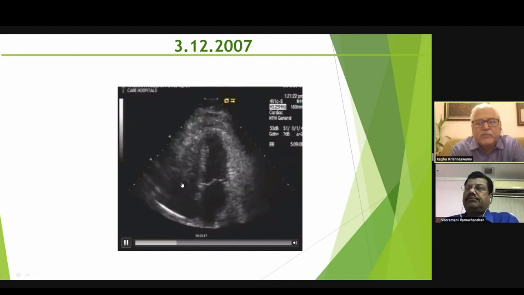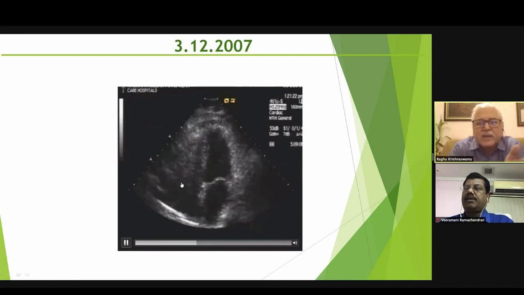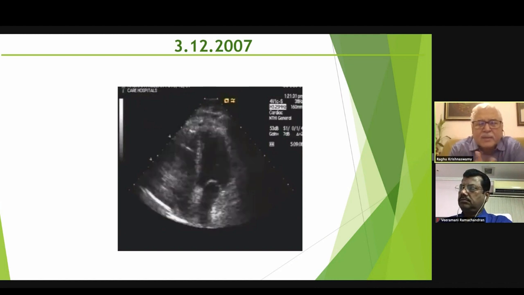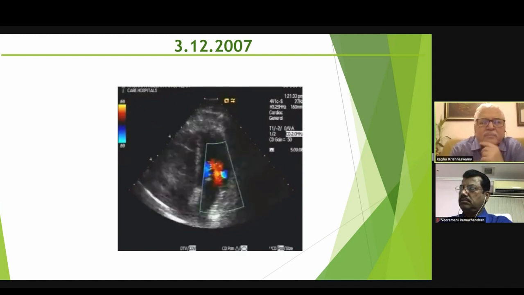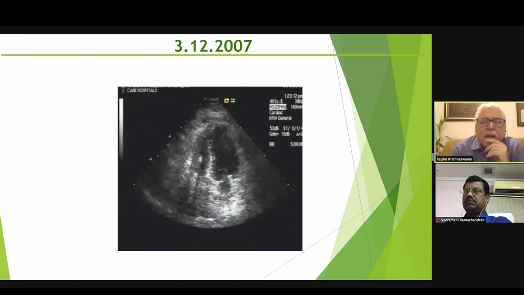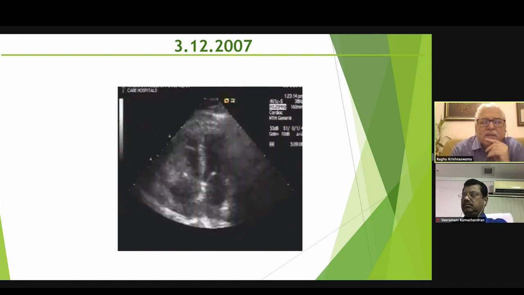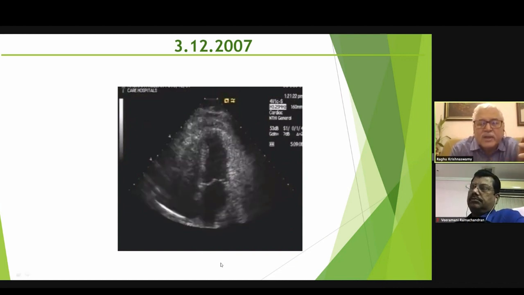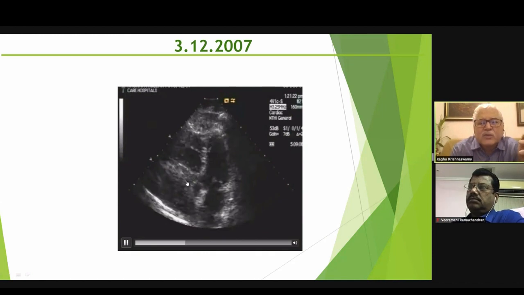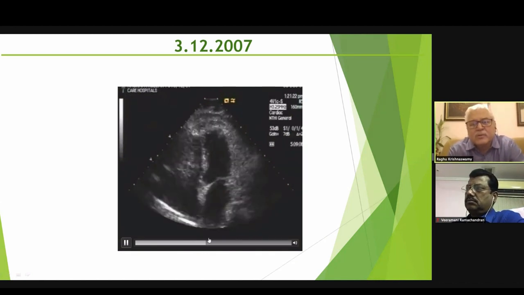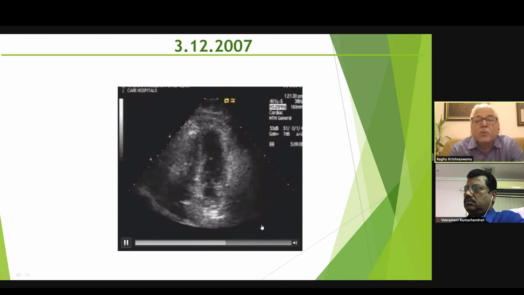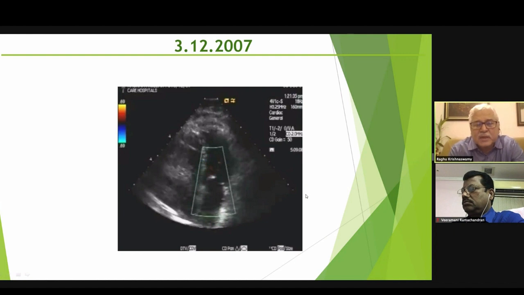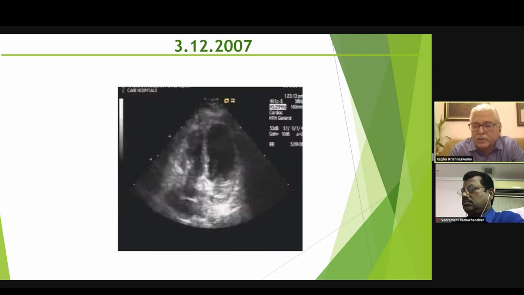Later, after the full diagnosis, I went back and checked this echo. Because of the poor window, the right side is not very well visualized, unlike the left side. He was a thin, tall person, and getting a subcostal window was beyond me. While we could see the lead in the RV, the lead in the RA was not very clearly defined. There was a suggestion of a mass here which I could not be very sure about. Maybe I thought it was an artifact, but nevertheless, I'm willing to accept that I gave this as a normal report at that point in time.